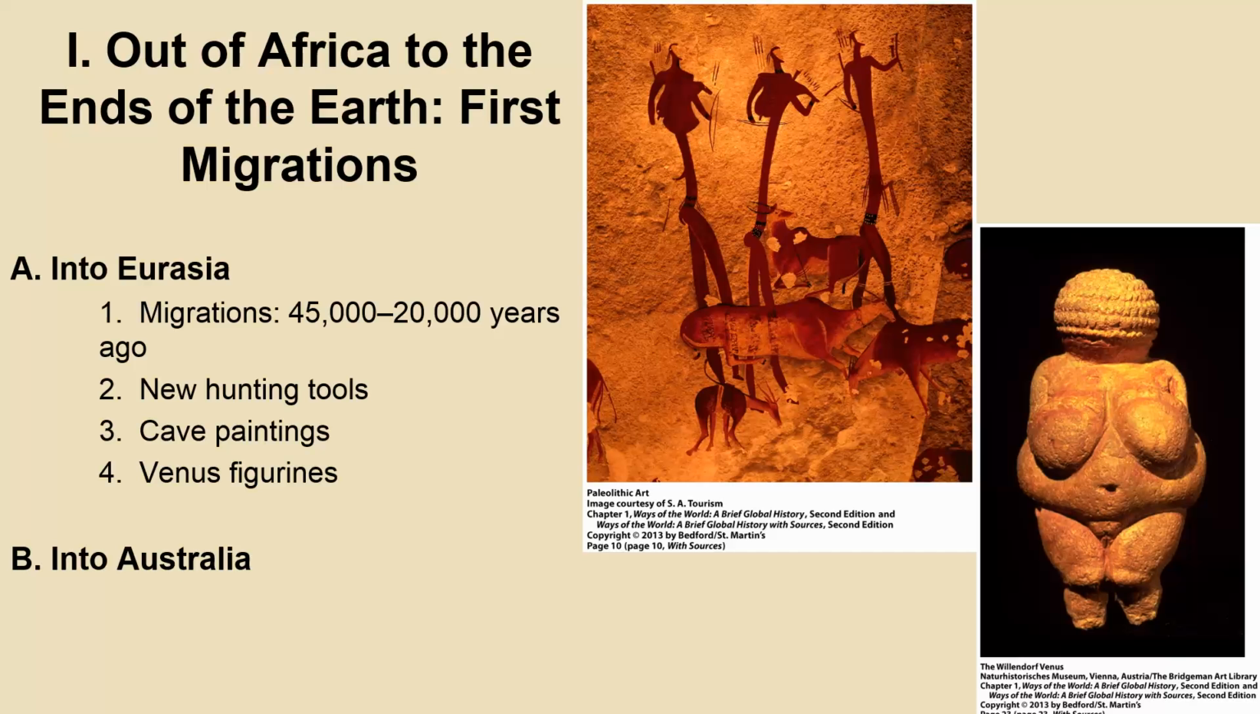So the migration into Australia was done a little bit differently. The technological adaptation that you have here is the development of boats. And perhaps as far back as 60,000 years ago, you have people going from mainland Southeast Asia to the islands of Indonesia and then to Australia. You also have a